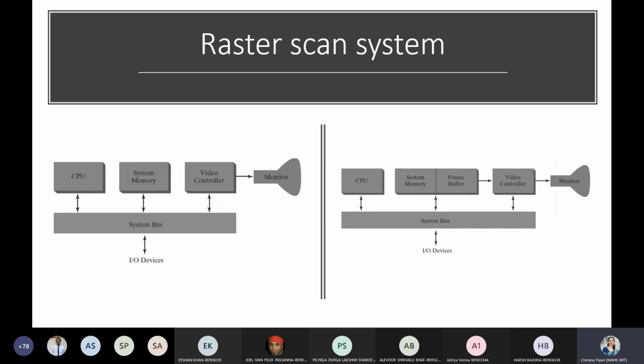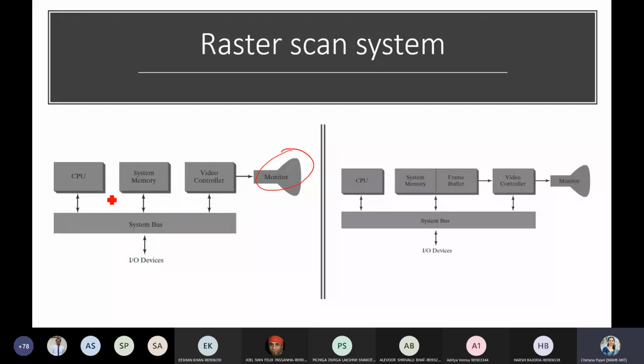So, okay, let's start with today's class. In today's class, I'll start with the raster scan system. We have seen at a high level how the raster scan works. Now we are going to see the entire system, how it works. Here the raster scan system employs several processing units, right? Like the CPU, and you have some other special purpose processing unit called a display processor. It will come in the next slide.